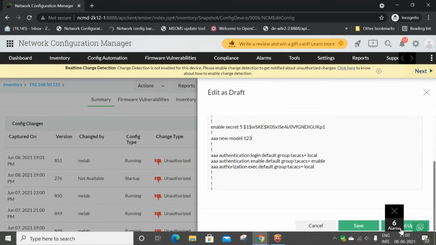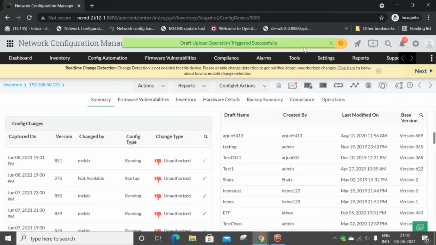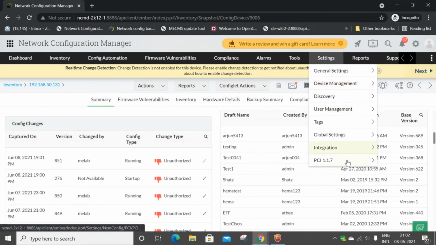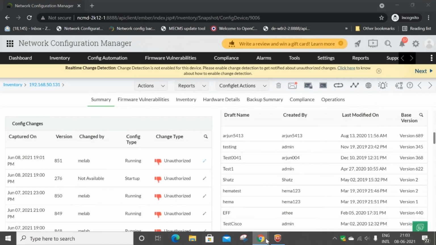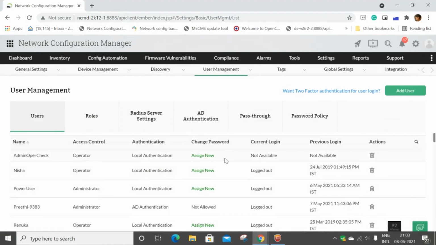And here I'm going to give, say, an upload. So you can select the type of configuration if you want to upload it now or to schedule it, and click on upload. So draft upload will be triggered successfully because I was given admin permission, right? So if you change the permission to operator, he'll not be able to upload it directly. So for example,